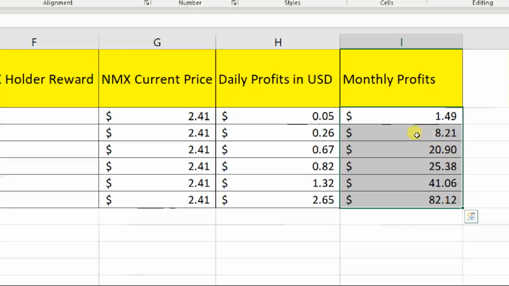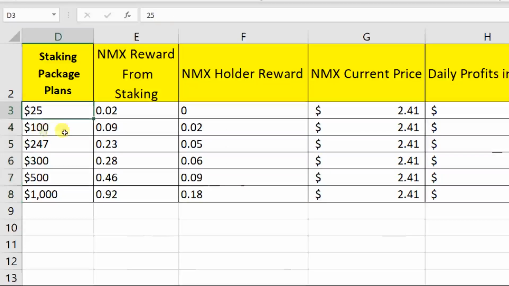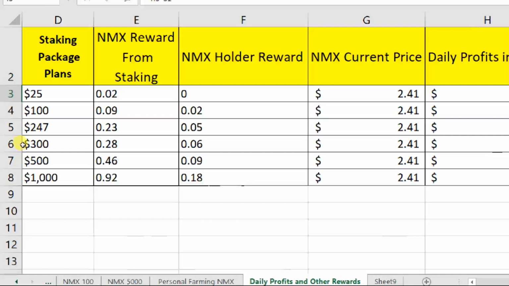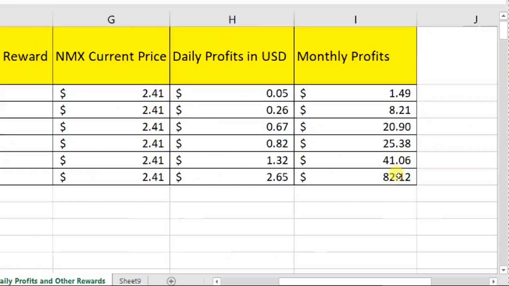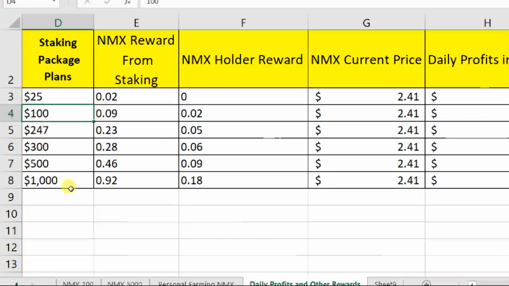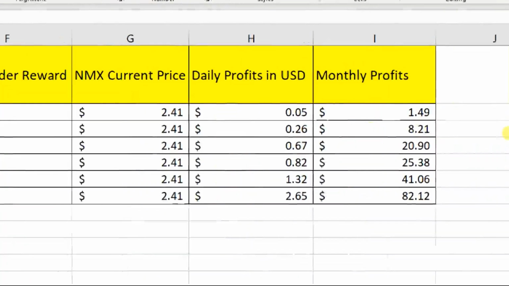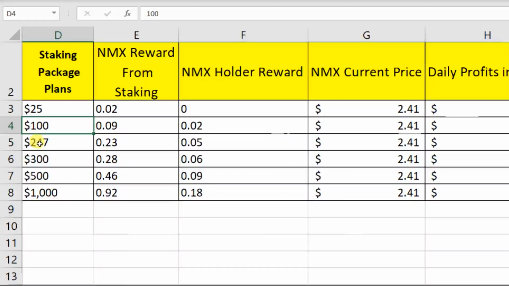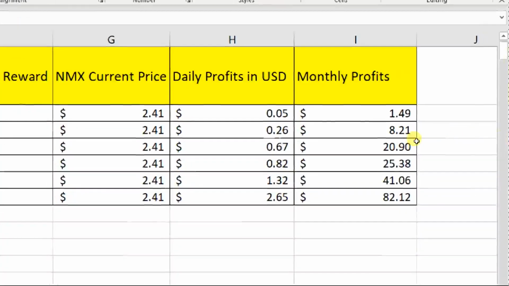Okay, if you stake $25, your monthly rewards are 1.49. Okay, these rewards are only for a single person. If you develop your teams, obviously your rewards will increase. Okay, this is only single staking rewards. If you stake $100, your monthly rewards